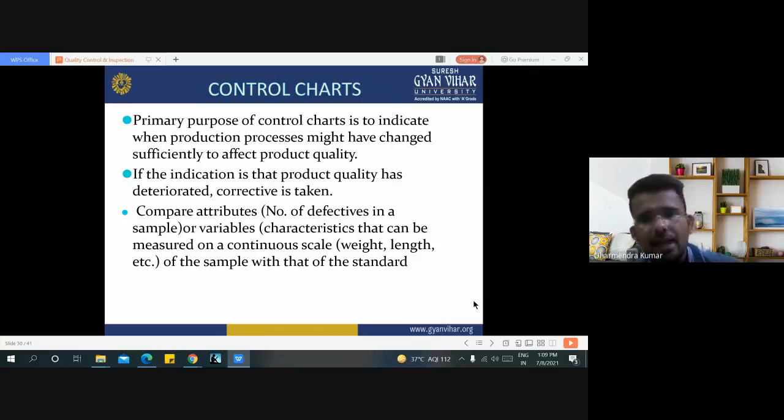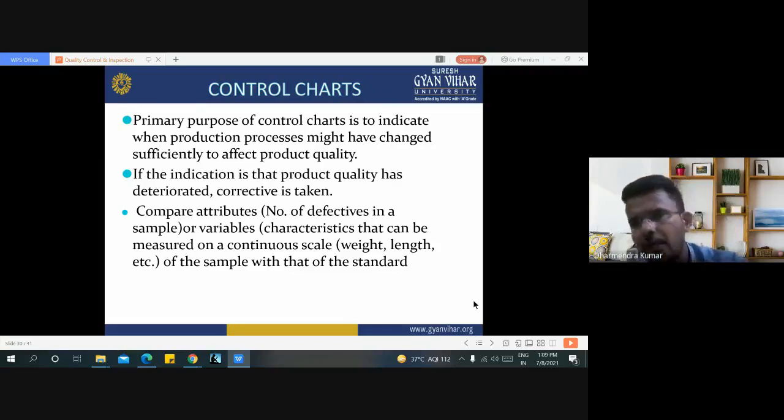Compare attributes or variables of the sample with that of the standard. Compare attribute here represents the quality of the product which we get from the final product.